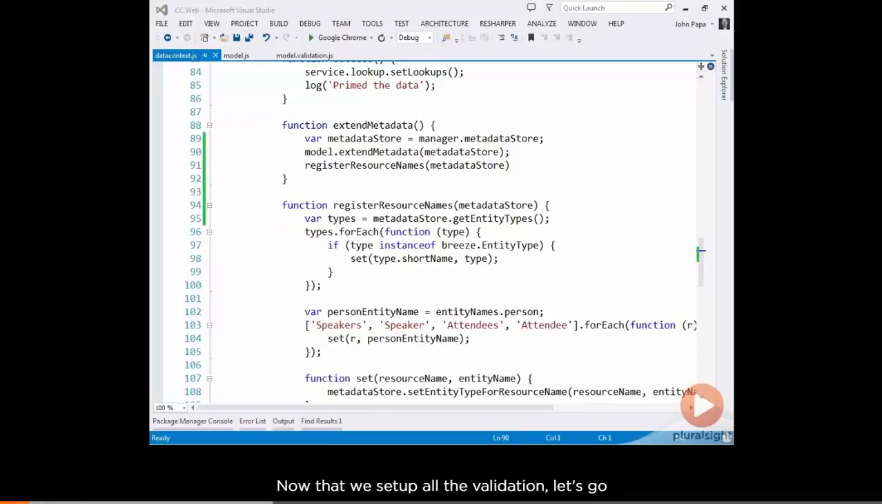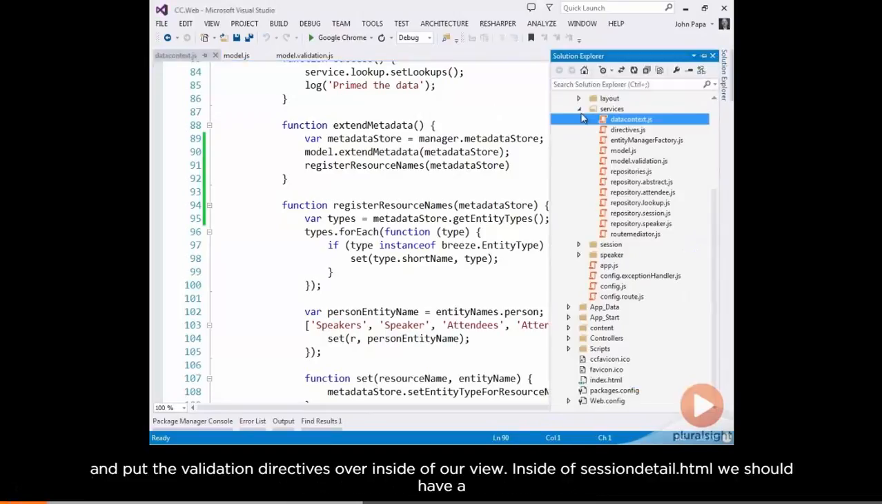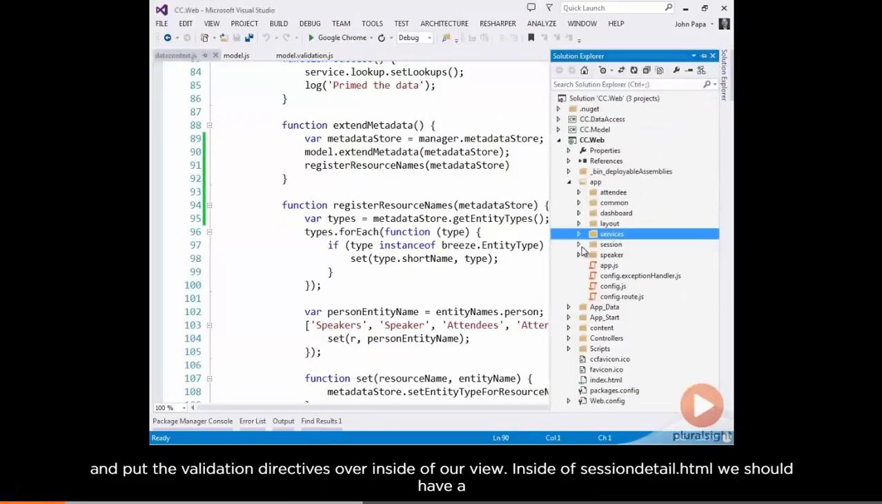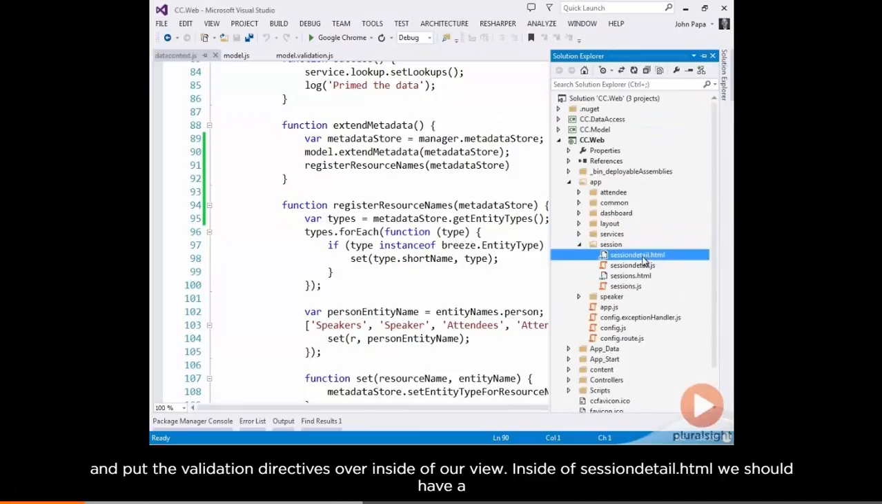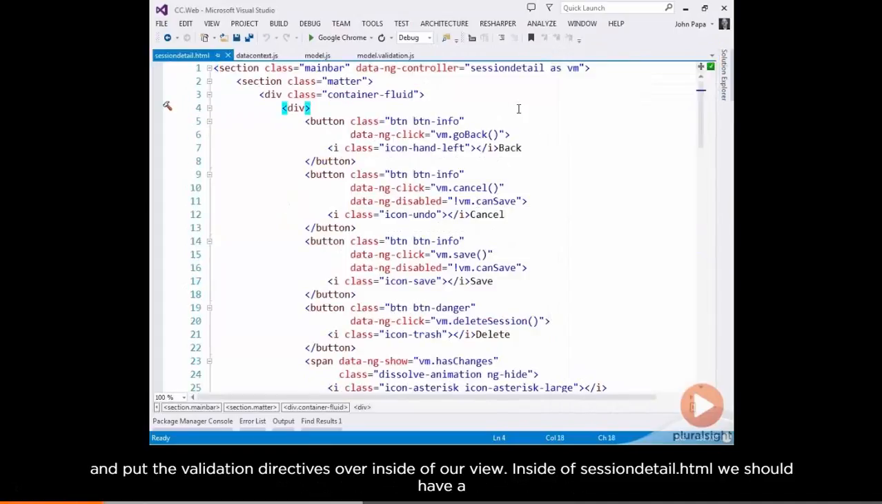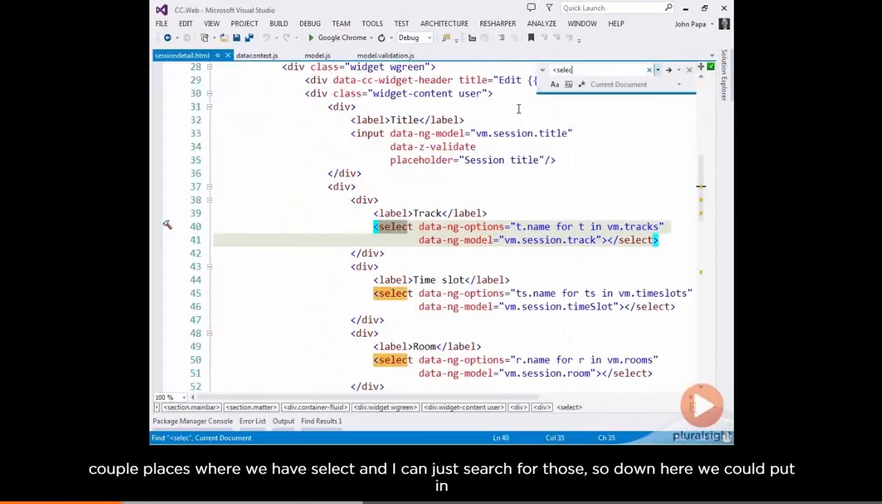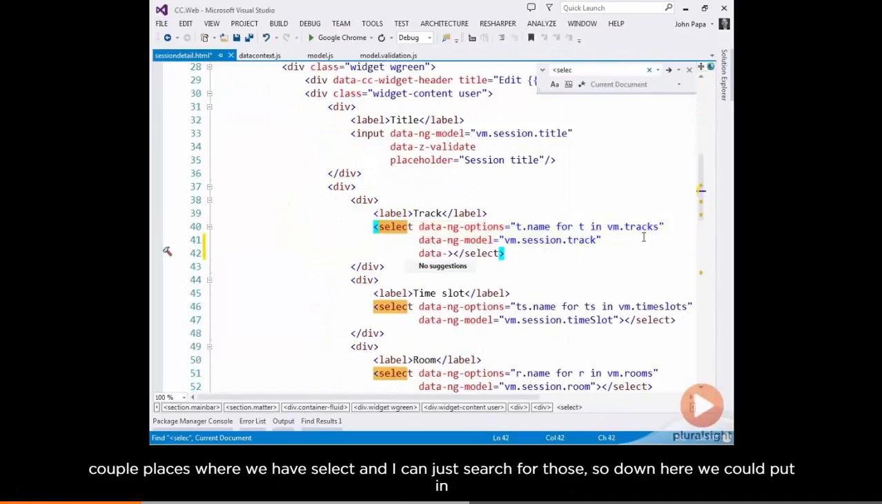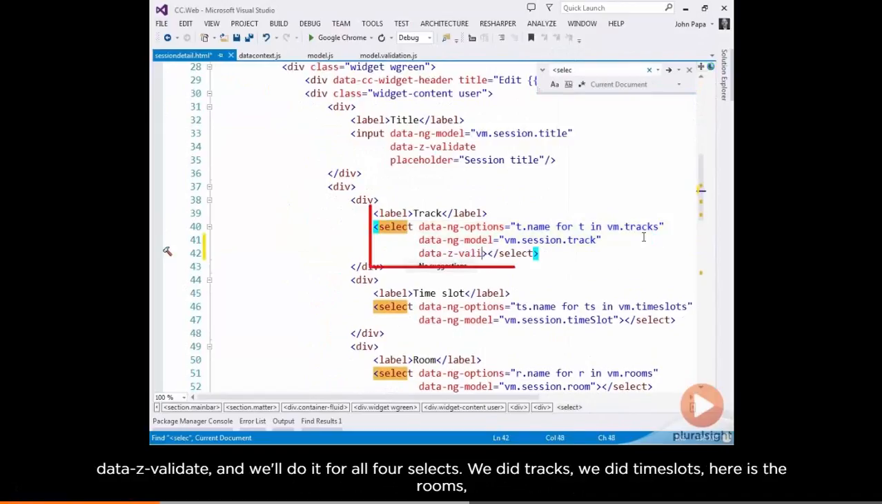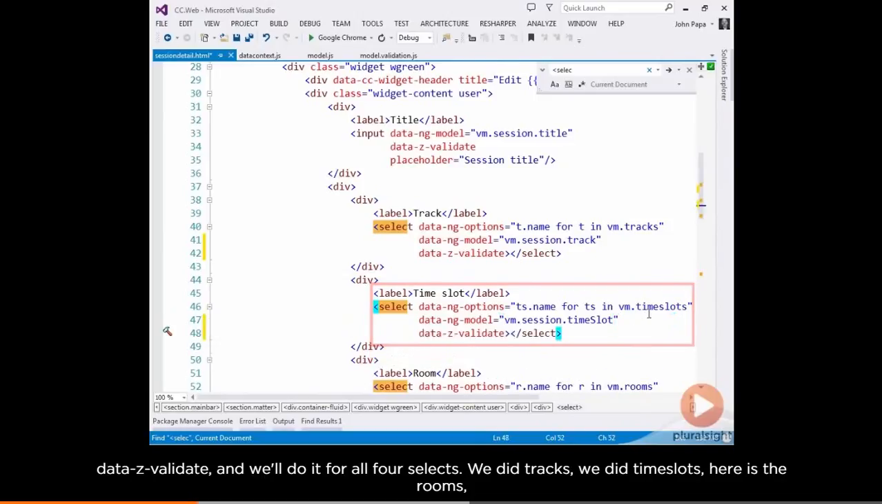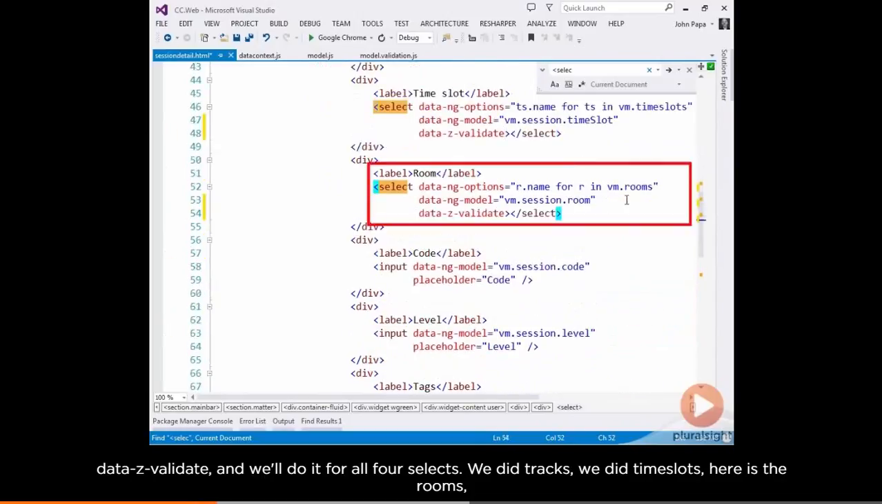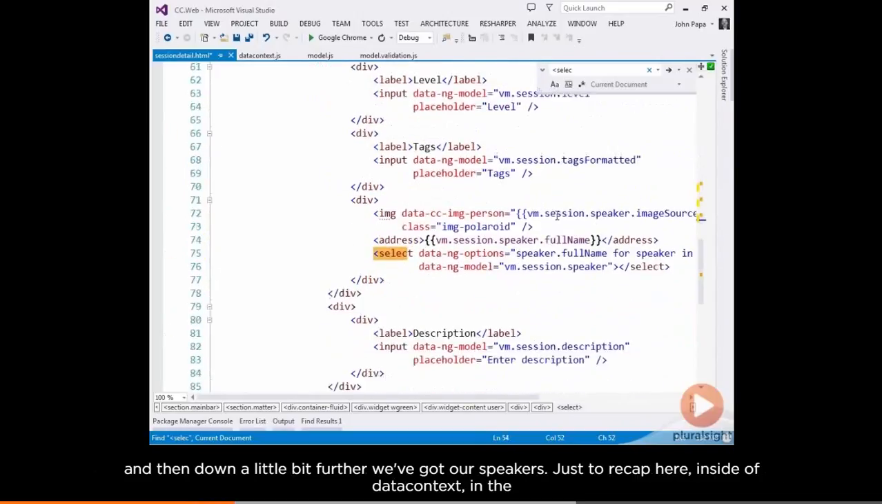Now that we've set up all the validation, let's go and put the validation directives over inside of our view. So inside of session detail HTML, we should have a couple places where you have a select. And I can just search for those. So down here we can put in data-z-validate. And we'll do it for all 4 selects. We did tracks, we did time slots, here's the rooms, and then down a little bit further, we've got our